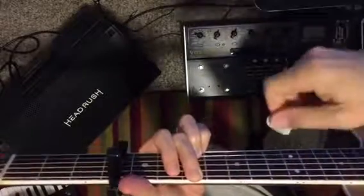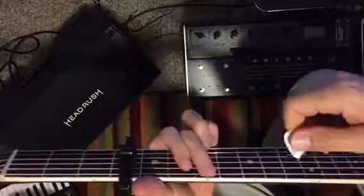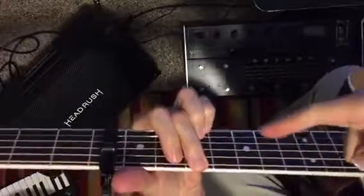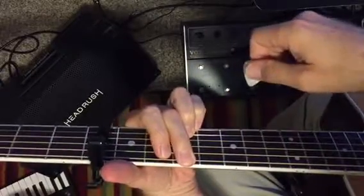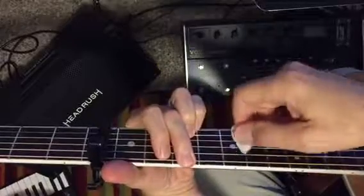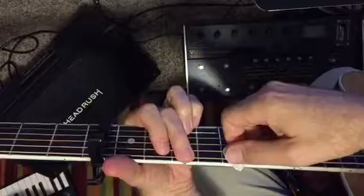And it's not that my accents are really that strong. I think it's the opposite. My other strums are kind of understated. As you know, G is a 6-string chord. So I'm kind of doing all 6 strings when I want the accent, and just the bottom 2 or 3 when I don't want the accent. So it's kind of like...